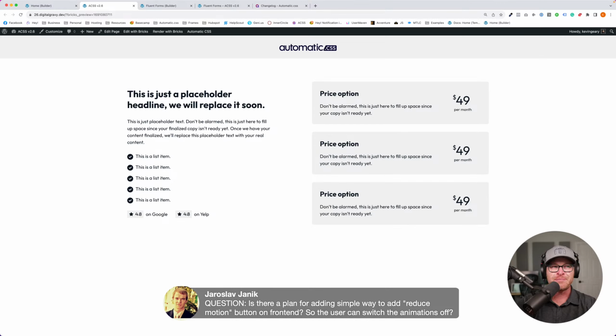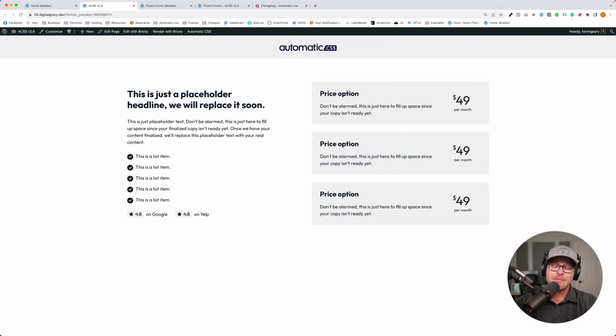And it may be that most users who don't like animations have figured out how to turn them off. What they do is in their OS, they just say, I prefer reduced motion. And then whatever browser they're in looks at that setting. Well, actually, sorry, back up. Most websites don't respect the user's preferences because they're not accessible, right? If you build the website properly, then you do it in a way that respects the user's preferences.